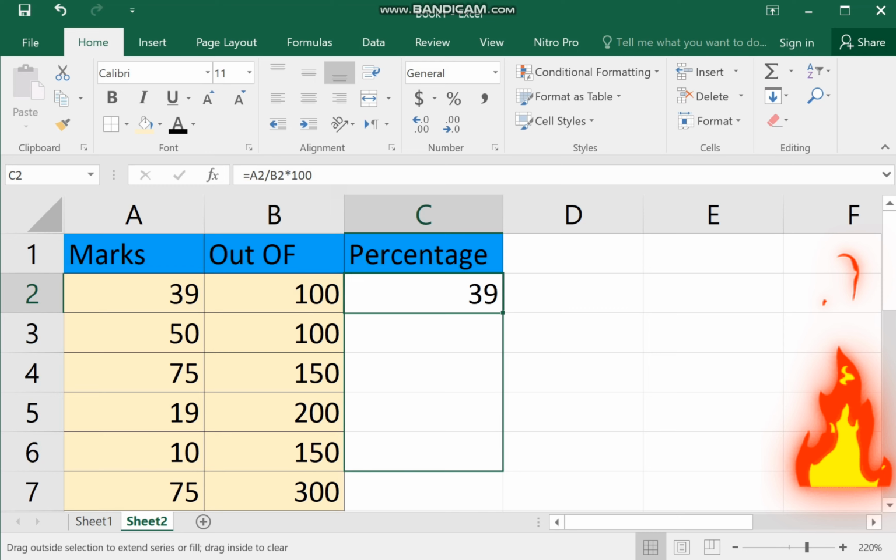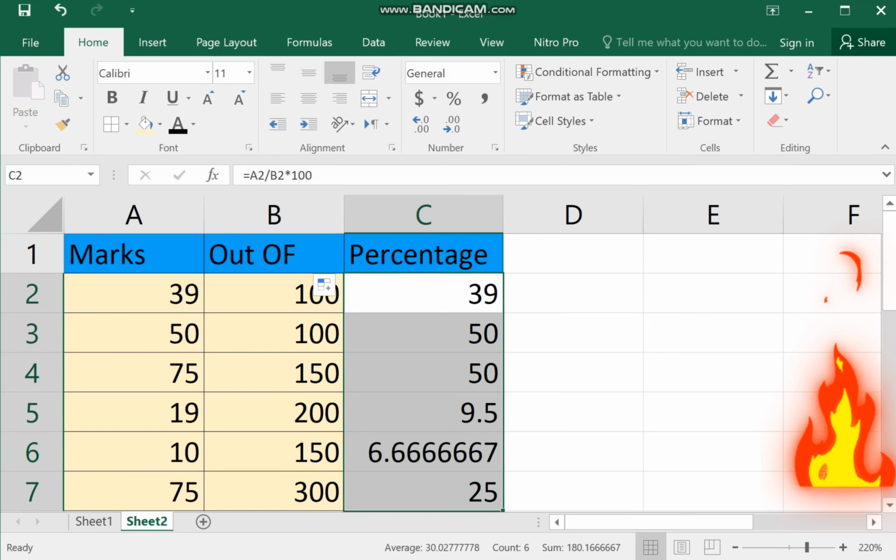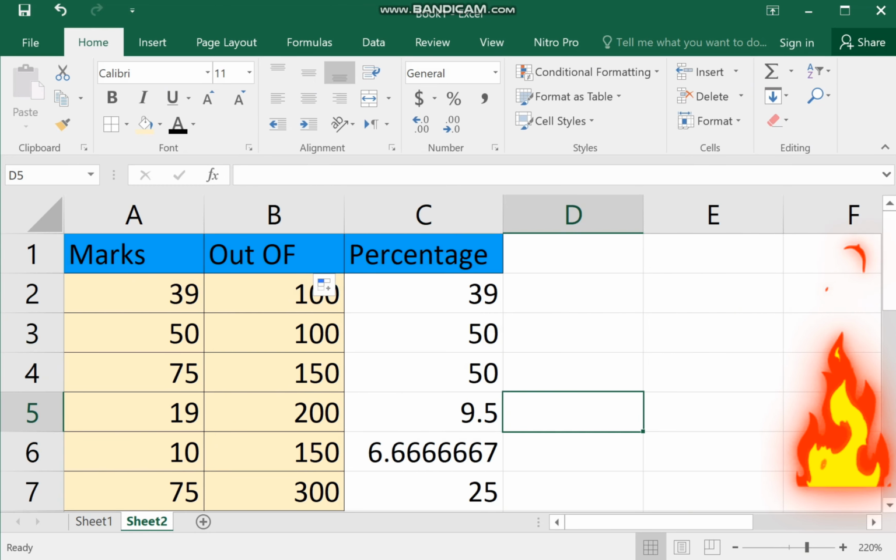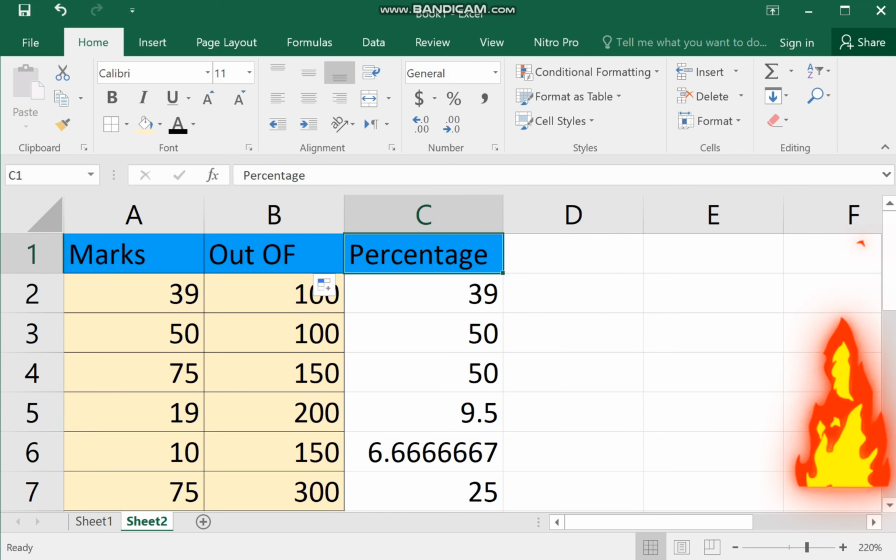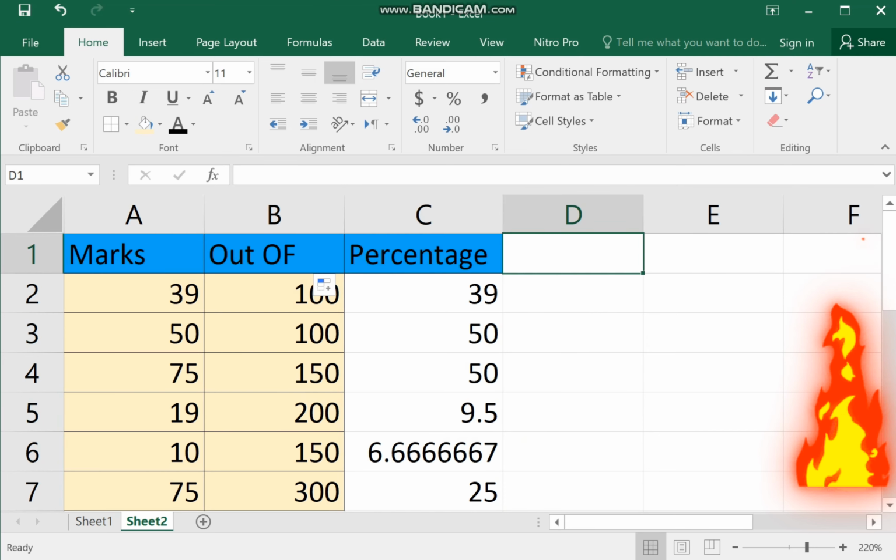Then we have to select this cell and drag it to the end, and as you can see, the percentage of all the students came out dynamically. So now if I have to add the marks of another student, the percentage of that student will dynamically come out in the third column. So it is very easy and